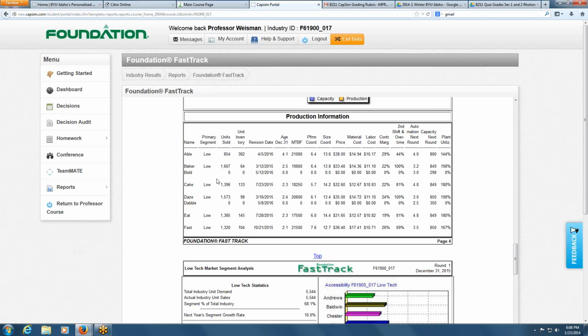So when I'm comparing myself to the one who sold the most, I can see that for the next round, I'll want my price to be lower, and I'll want my age to be lower, so that it competes with everybody else in the market. And if you go through, you can see that my price is actually the highest out of everybody's, which might be why everyone else sold more than me.